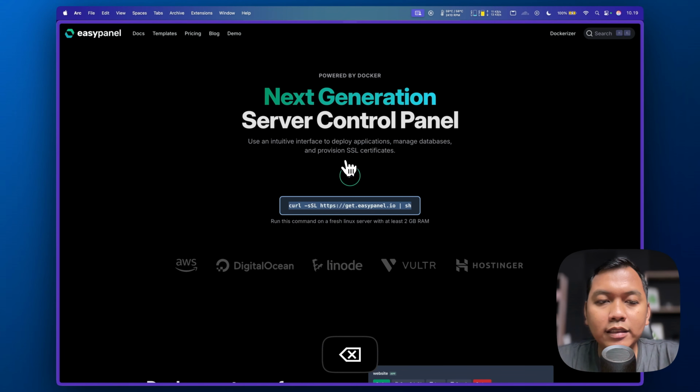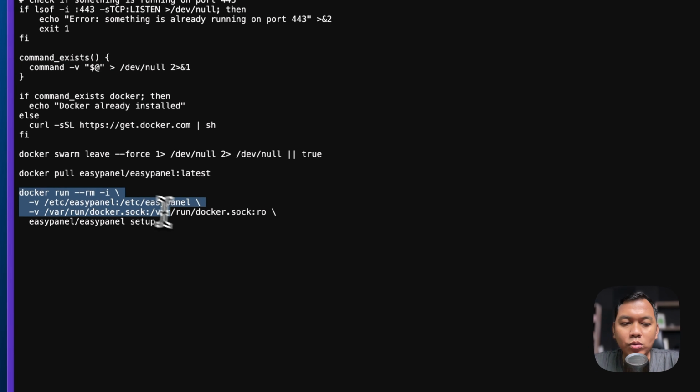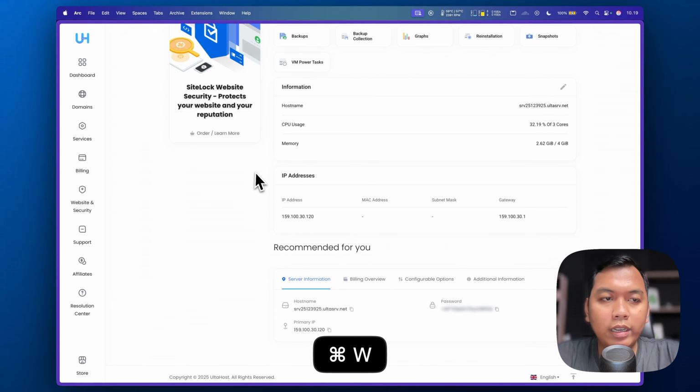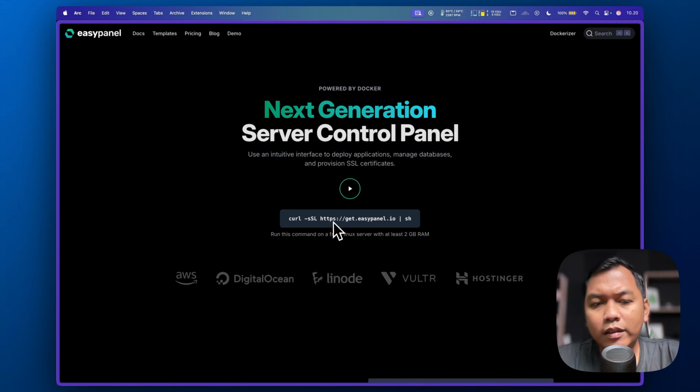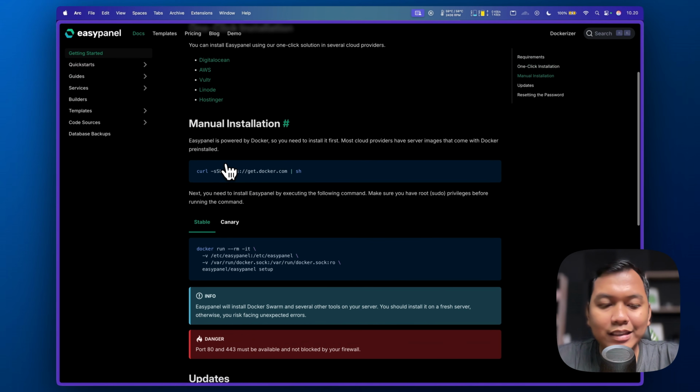Actually inside this, it's kind of all the manual installation, such as first it installs Docker, and then next it will install the stable version here. So you can just copy this command and then paste it in our terminal. So basically it's the same as this process, which is manual installation.